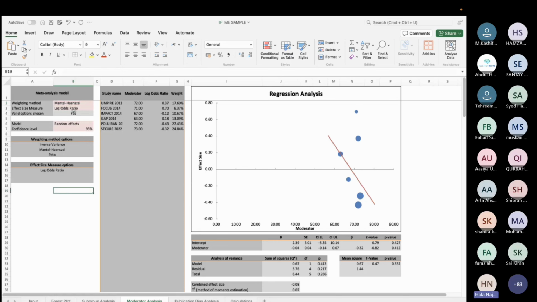Fahad, you can't use RevMan for meta regression. Meta regression is done on Meta Essentials, which I'm showing you right now, or on CMA, जिसकी recording we will be sending on the group. ठीक है. So since everyone's with me, अच्छा, so अब हम क्या देख रहे हैं? We are looking at